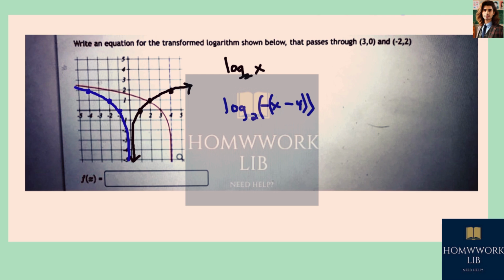This I will do in green, and if we just shifted this thing over 4, I like it because it really has the same shape, and it goes through the same 0 at 3. So it's going through 3, 0 right now. It's just that at -2, it's not quite going through